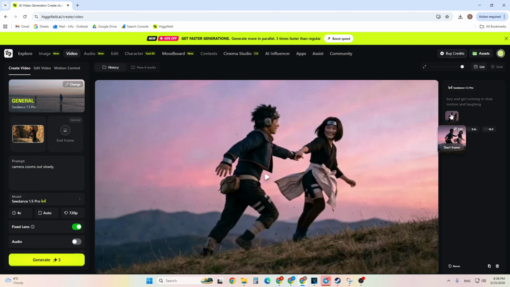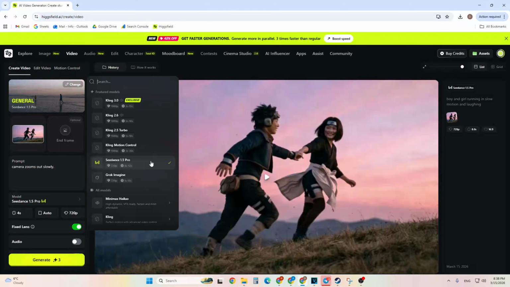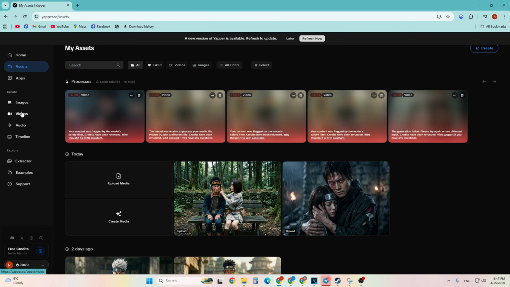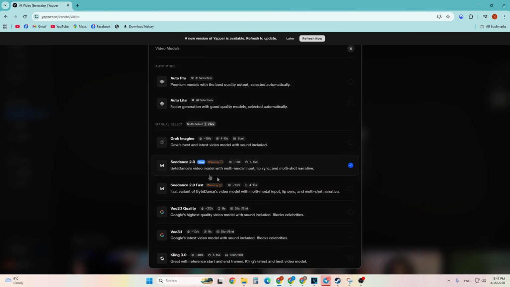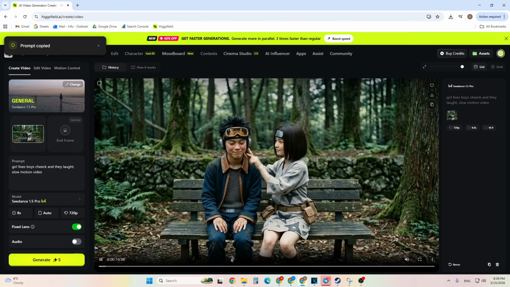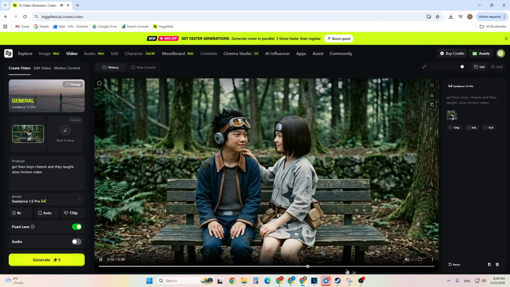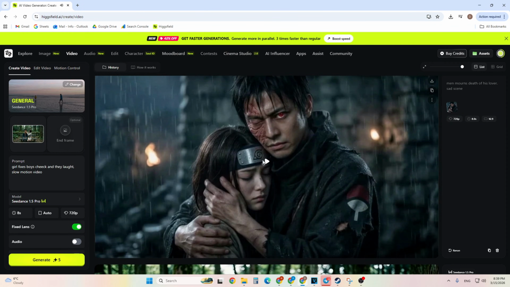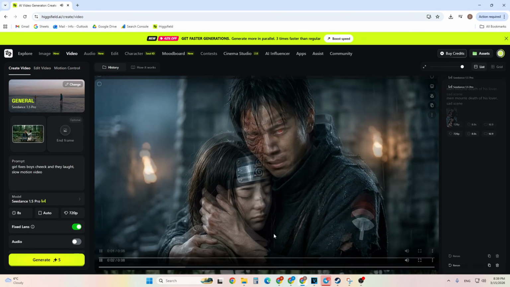Now comes the fun part. I take the image and start generating videos using different AI models. The tools I use most are Seedream 2.0, Seedream 1.5 Pro, Kling 3.0, Kling 2.5 Turbo. Each model behaves differently. Sometimes one model produces a perfect shot. Sometimes another model works better. So for every scene, I usually generate 2 to 3 video variations. Then I pick the best result. This part is mostly experimentation.